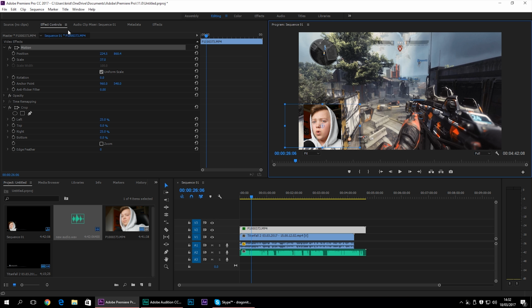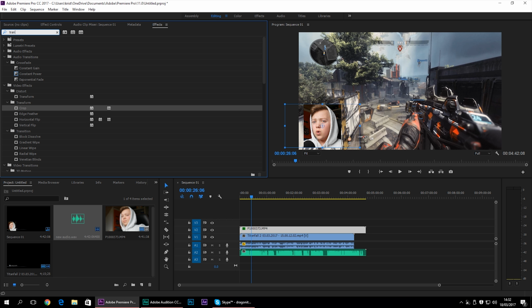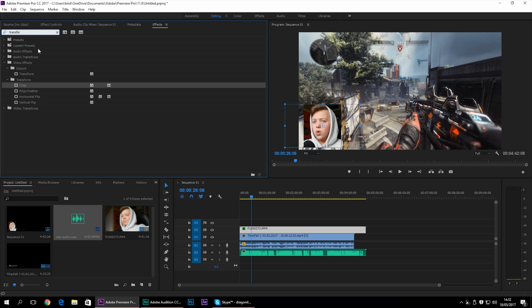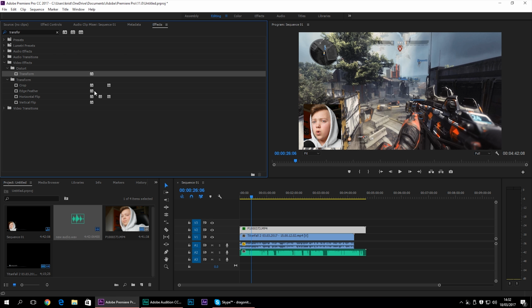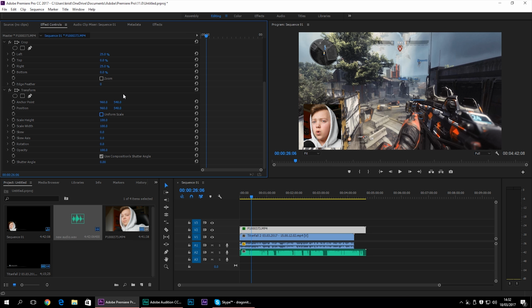What I like doing, if I want to change it up, is flip it the other way so it's mirrored. Go to transform. You might wonder why I'm using transform from here, it's because you can't do that from the other transform. When you go to transform, I turn off uniform scale, then I go to width and do -100. As you can see, now it's flipped to the other side, so it looks better. I normally do this so that when it's in, for example, the left corner like it is now, my face is looking towards the right corner.